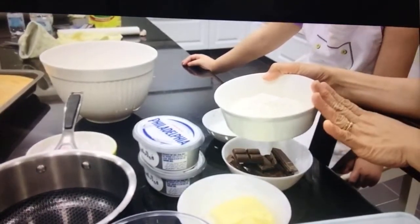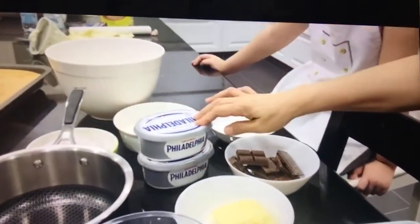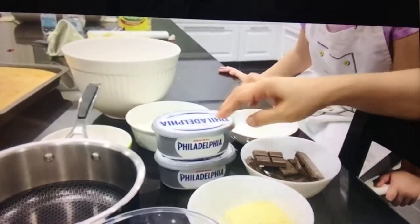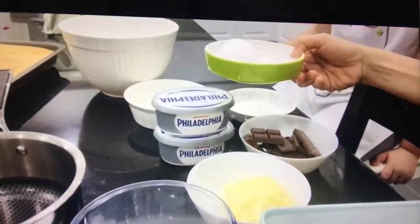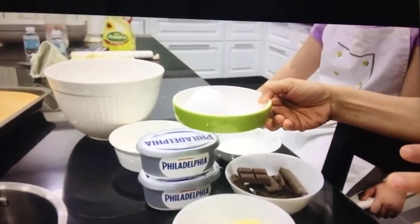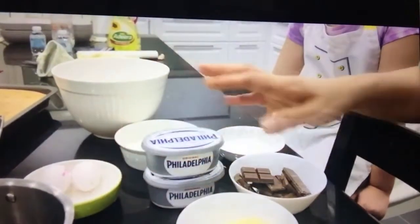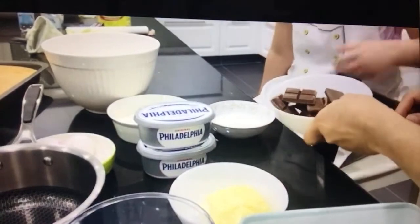Then I mix it all together. Then I also have Philadelphia cheese here. How many grams is it? 280 grams. Yes, 280 grams we need. And 2 eggs. One is for the topping, and one is for the brownies, because we are going to make cheesecake brownies. Okay. Then what we will do first is mix the chocolate